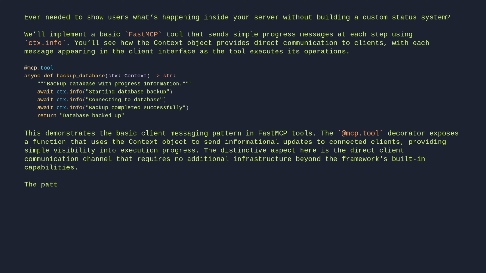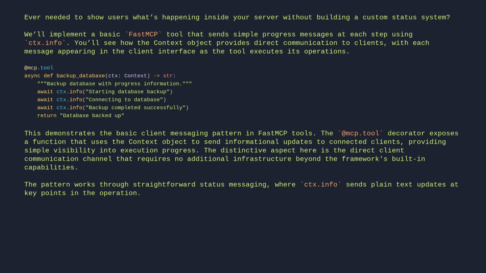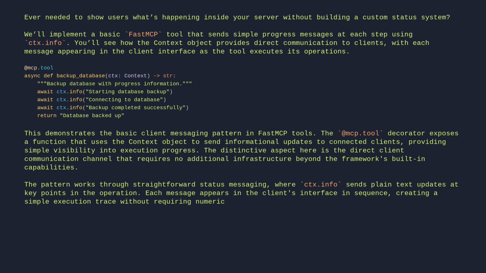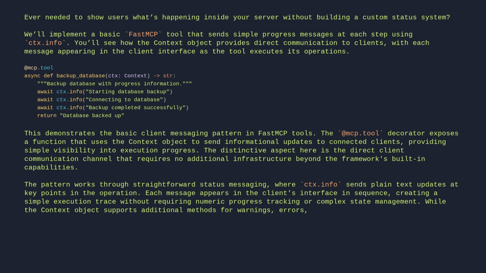The pattern works through straightforward status messaging, where ctx.info sends plain text updates at key points in the operation. Each message appears in the client's interface in sequence, creating a simple execution trace without requiring numeric progress tracking or complex state management. While the context object supports additional methods for warnings, errors, and debug information, this example focuses solely